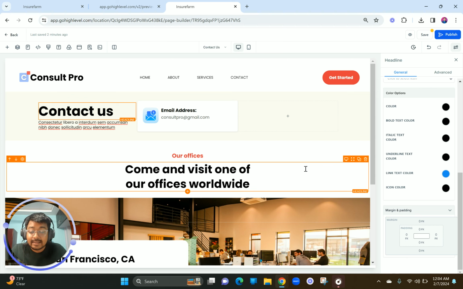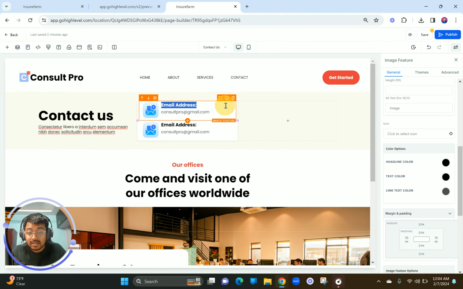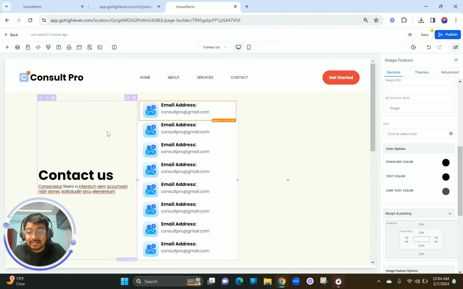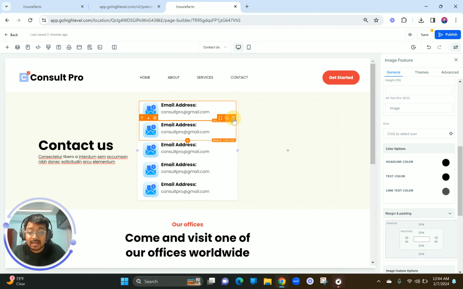The columns basically work as if the longest column, with the maximum height, other columns are going to follow the same height pattern. So if I just keep adding things here, the other columns will also increase in size because they will match the highest column available. So I do not want any of the columns to be very high